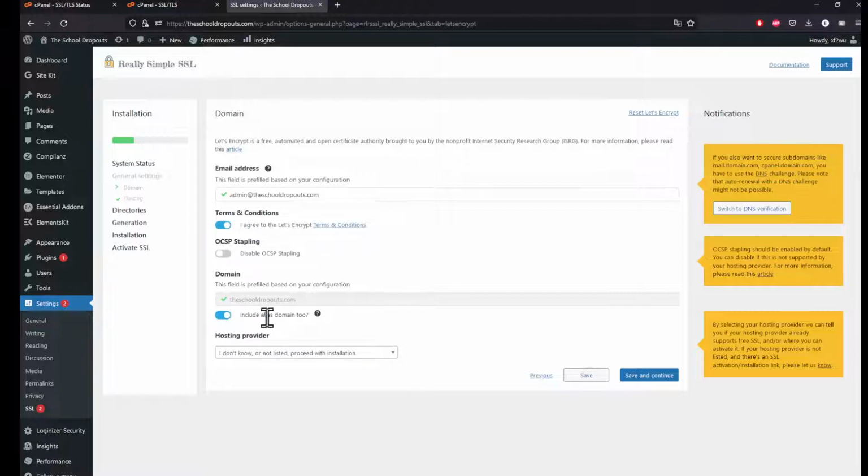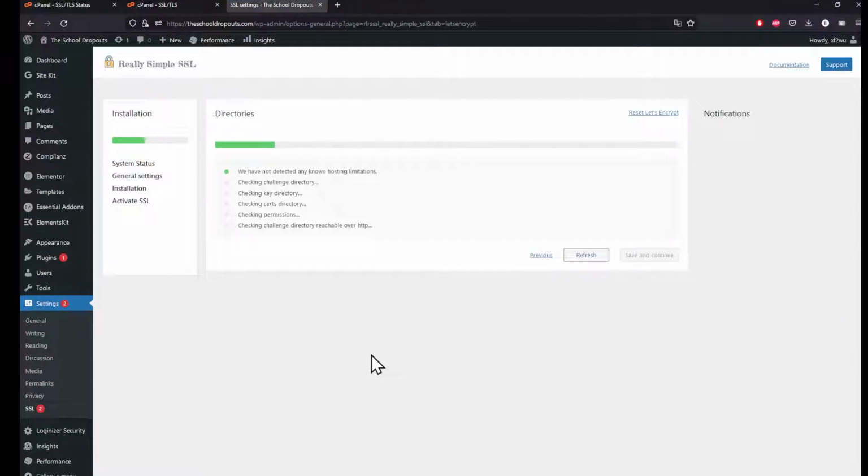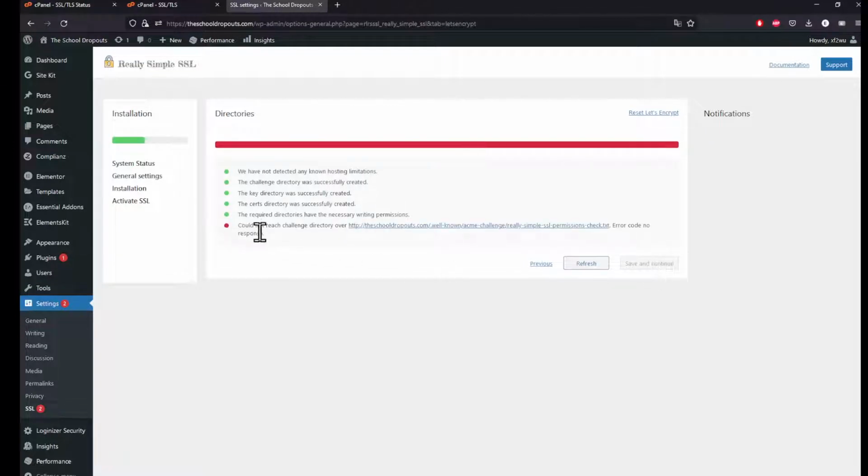This includes the alias domain too. Hosting provider, it's basically Namecheap for me. I'm going to click on here, and click on save and continue. So now I'm going to be prompted with the following. Again, save and continue. If it says it couldn't reach the directory, error code no response, we are